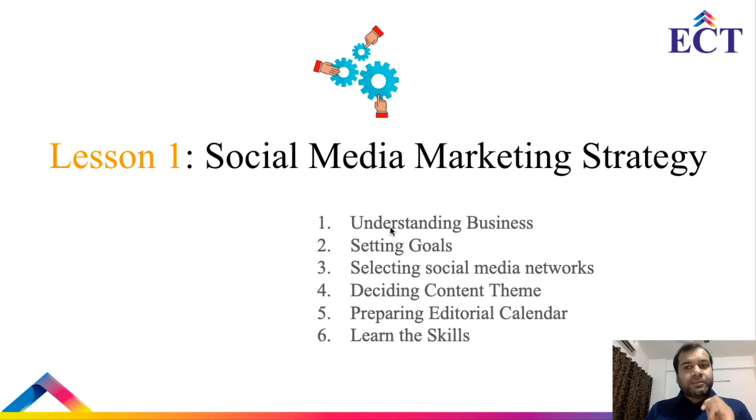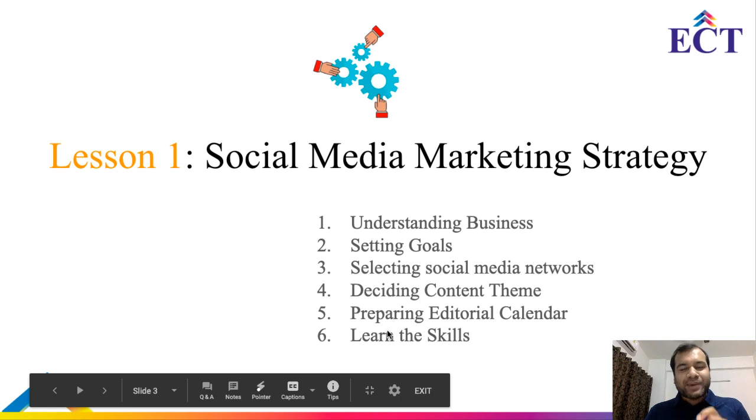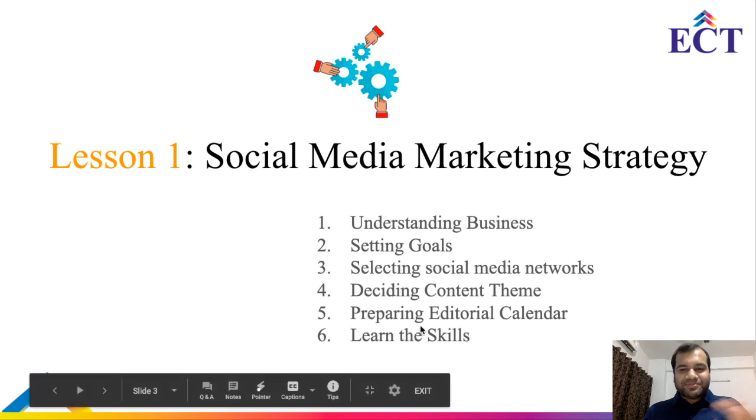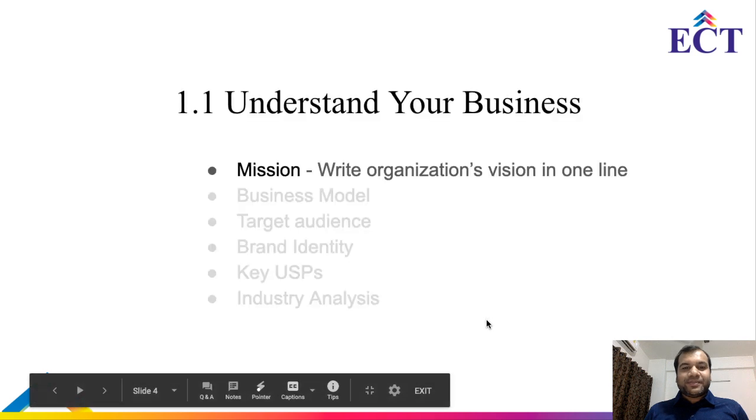Now the social media marketing strategy has 6 key steps: understanding business, setting goals, selecting social media networks, deciding content theme, preparing editorial calendar, and learning the skills. Just one thing here, I have made a parallel structure error. Those who have done our content writing course understand in the sixth one. This is a mistake that we also make when we write. Okay, prepare presentation. So all right. Yes, so these are the 6 steps